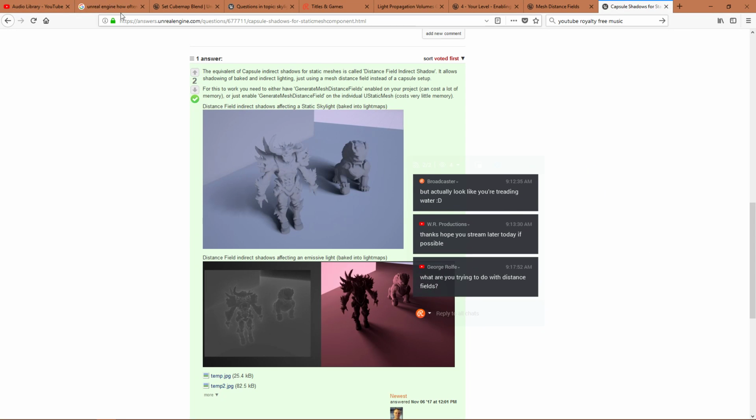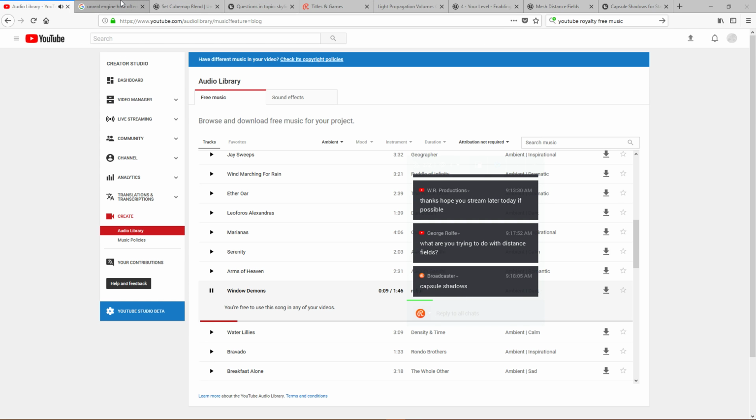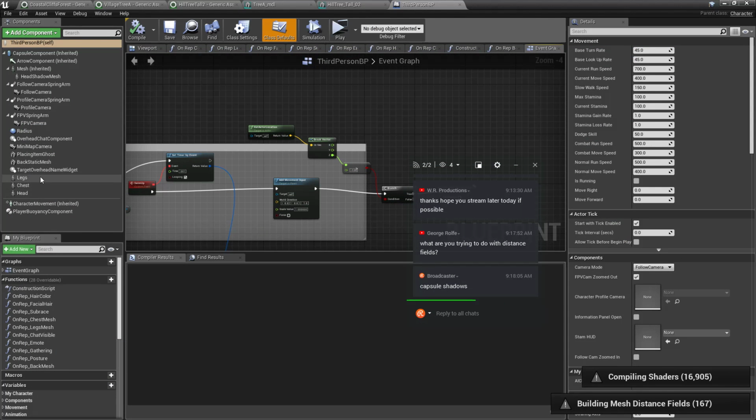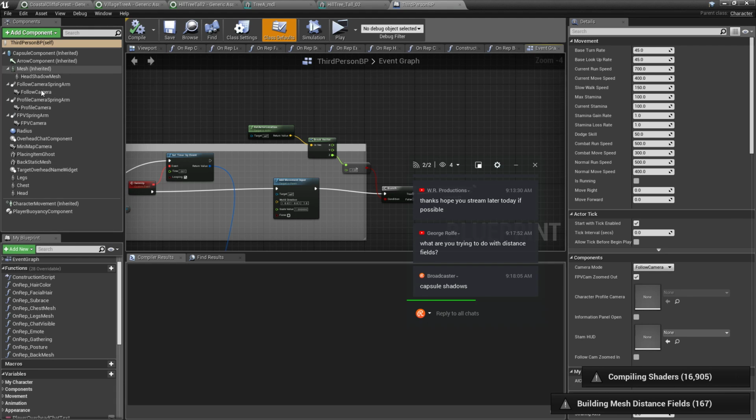And why isn't the music playing? I want window demons. Indirect shadows, basically. So, for example, I have